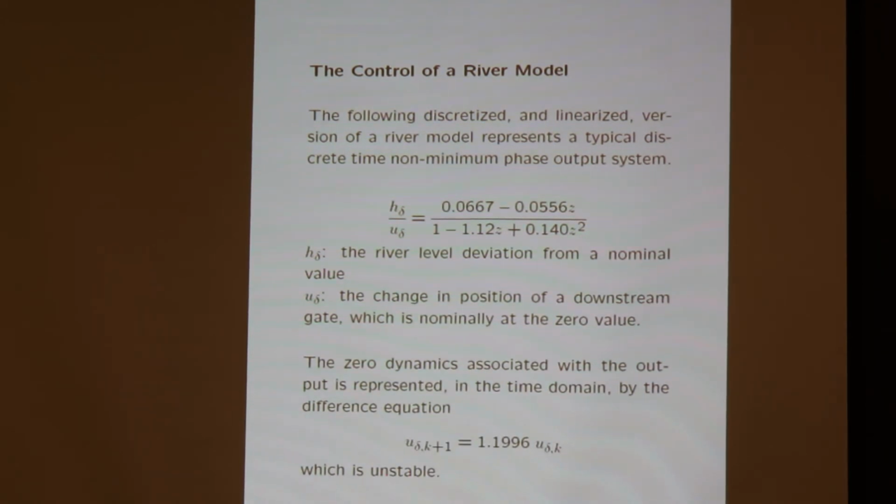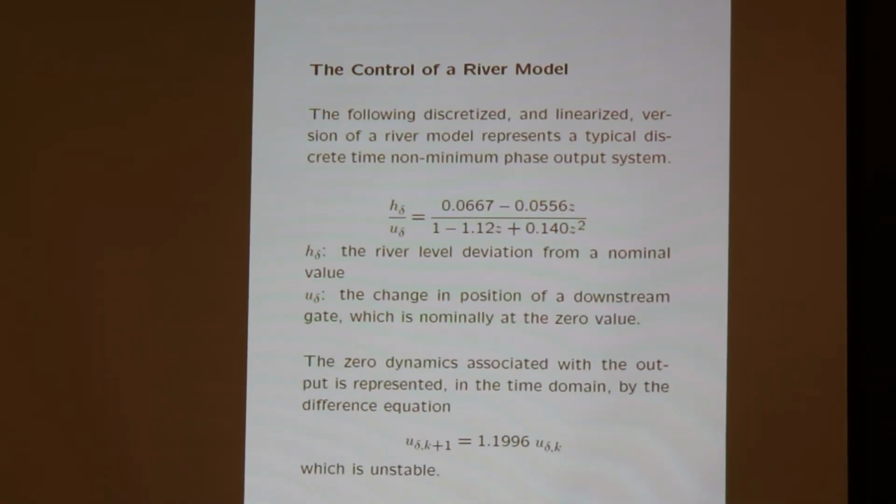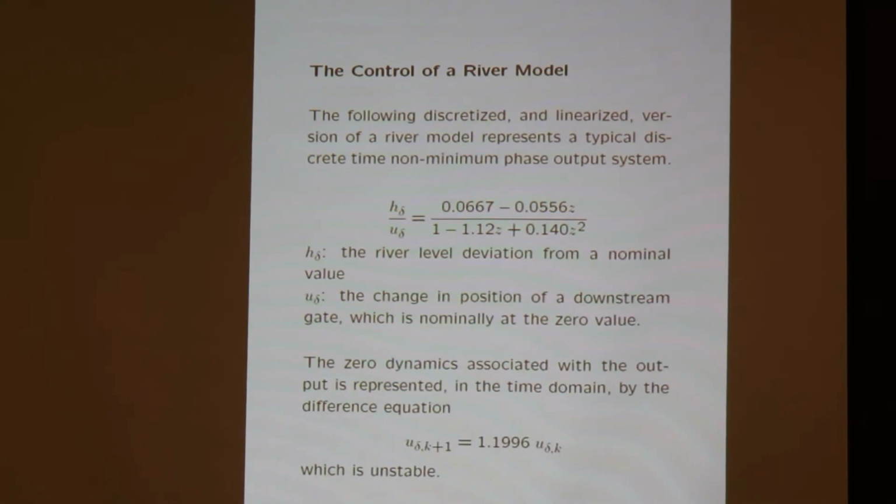That's a dynamic which is always bothering you in real life. So in order to move around it and come up with a design that doesn't give you that internal unobservable instability of the system, where once your output is stabilized, things start blowing up, and you don't want that internally in the system. So we take